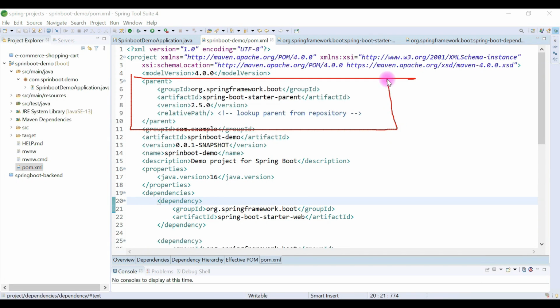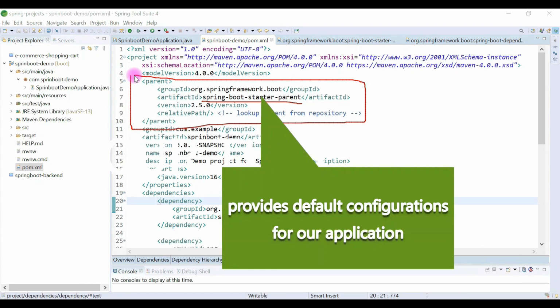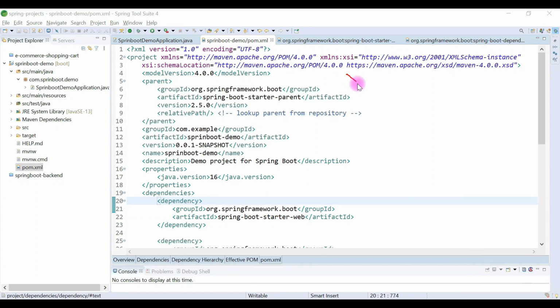Basically, whenever you create a Spring Boot application using Spring Initializer, then Spring Initializer will add this dependency as a parent dependency for your Spring Boot application. And this parent dependency basically provides a default configuration for your Spring Boot application. Now the question is, what default configuration? Well, if you go inside this dependency, you can see that